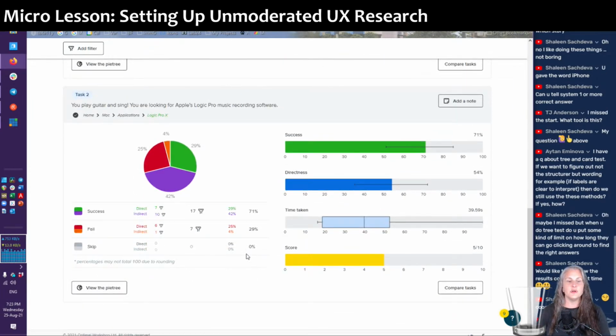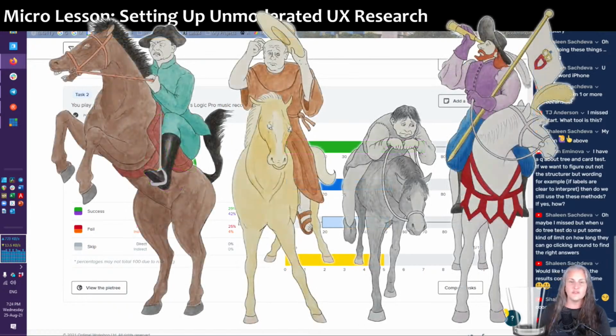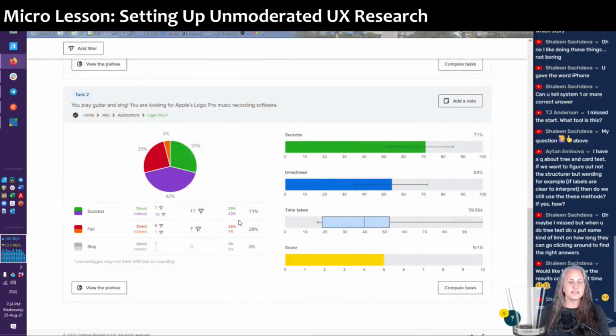And then this was the second one. You can see this was a little bit different. People were maybe either more familiar with the Apple site or they happened to be musicians. They knew that it was found under Mac applications, or that just seemed the most logical to them, whichever it may be. So that one did a little bit better, but you can see even there, only 7 of the people, 29%, confidently went straight to the right answer. 10 people bounced around and eventually got there, which is not a sign of confidence. You can still have the 4 horsemen of bad UX show up: frustration, confusion, disappointment, and distraction. So you want to fix it. And then, of course, we had 29% never find the